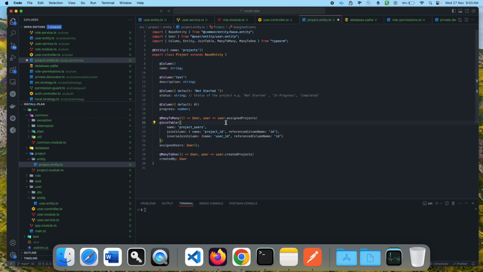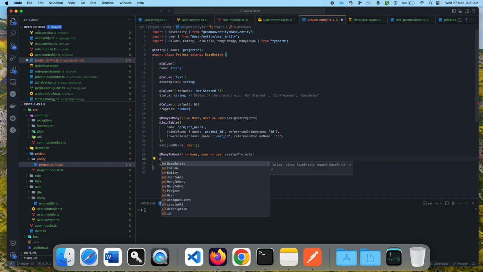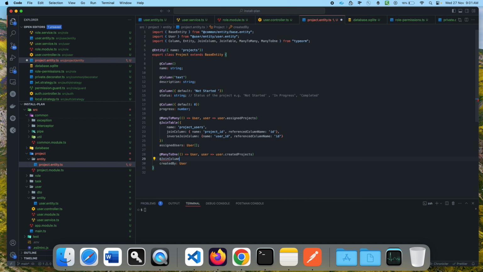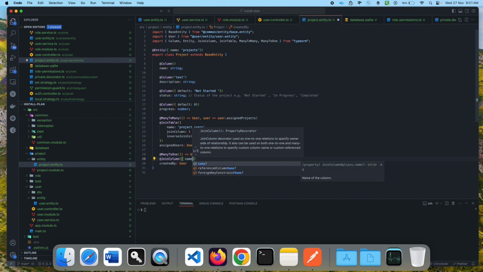And then what I'm gonna do next, as I said, we can create one property, one column name in this projects table, and that will be a foreign key for the user table, I mean for whoever created this project. So I'm gonna write join column. We can just use join column, and we can define the name of the join column as